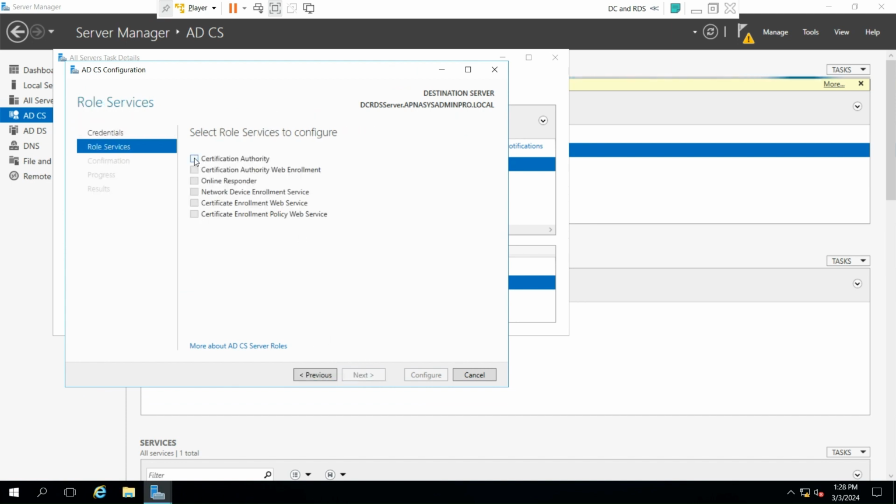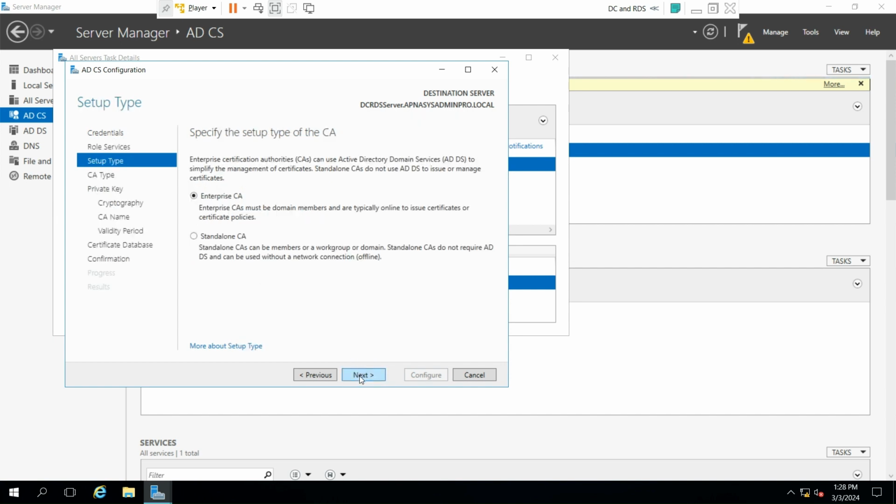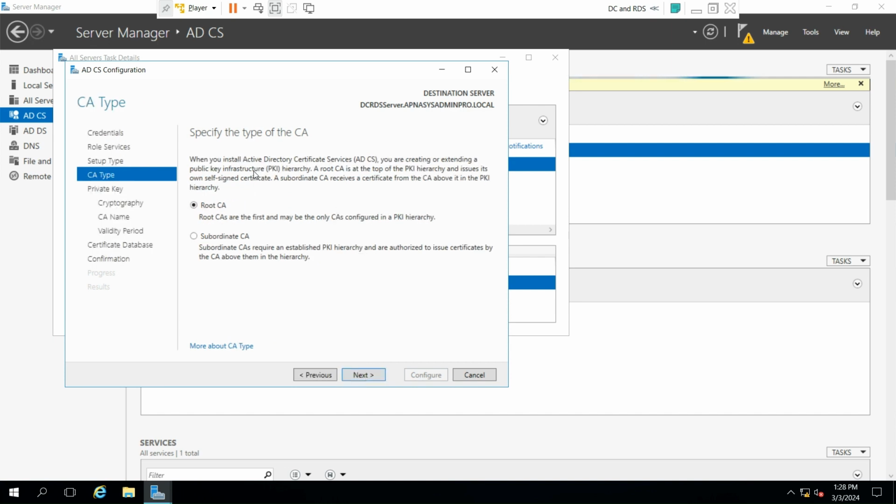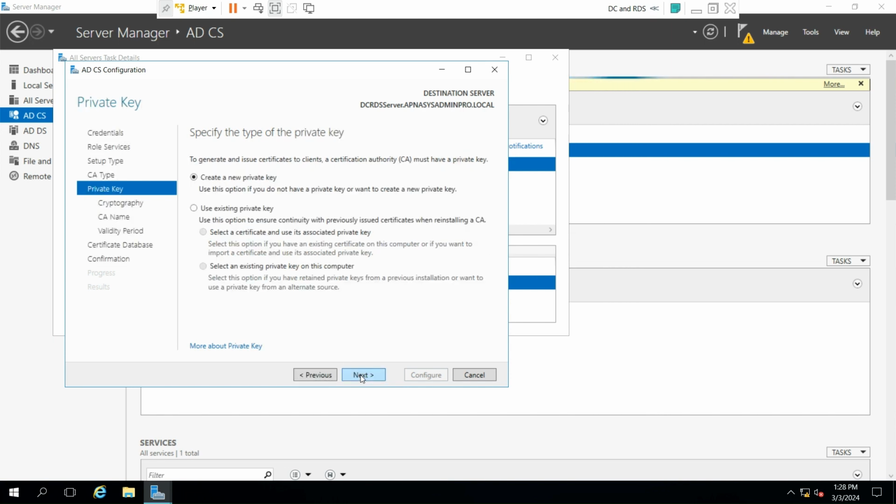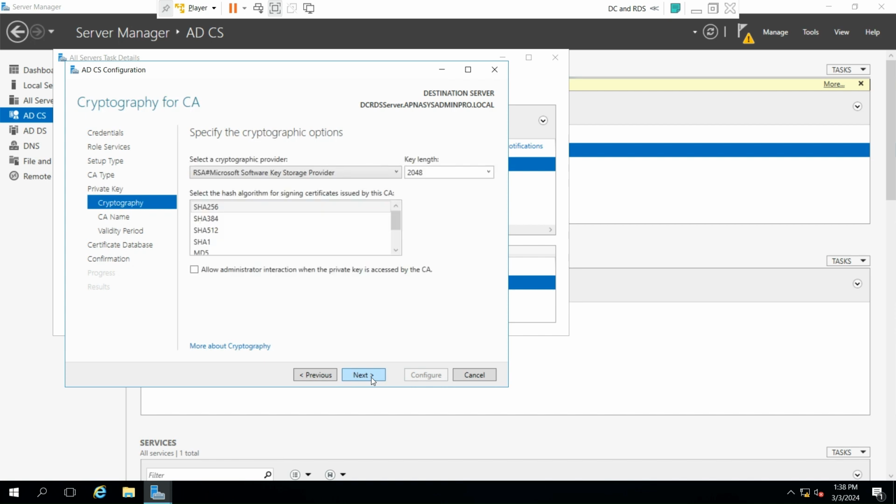Next, certificate authority. Next, enterprise CA. Next, we need root CA because that's the first CA in our infrastructure. And we also need the certificate authority to manage the Active Directory environment. Create a new private key. Next, leave the default checked. Next,